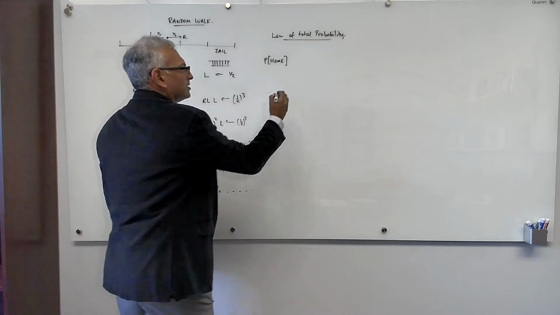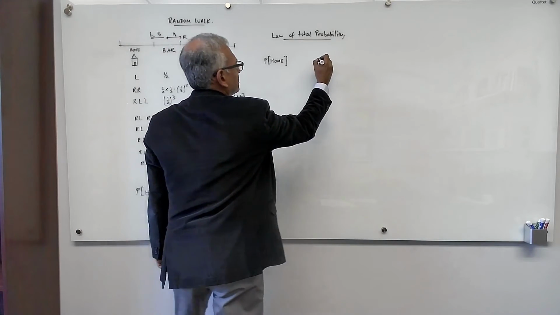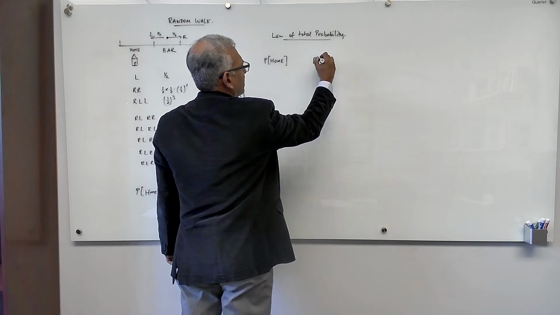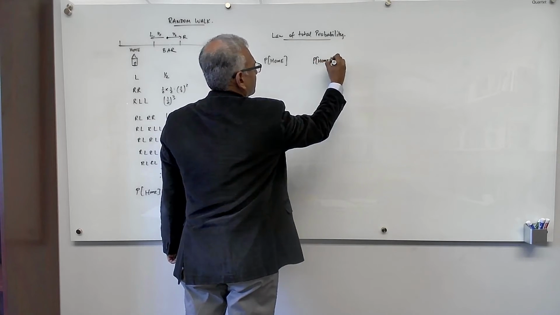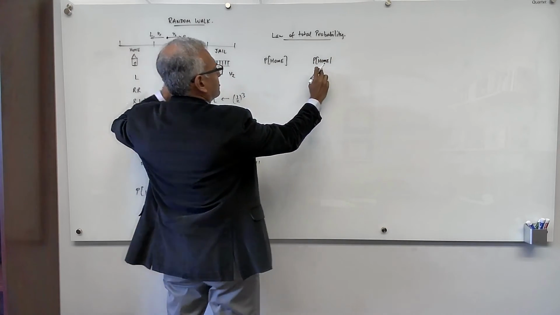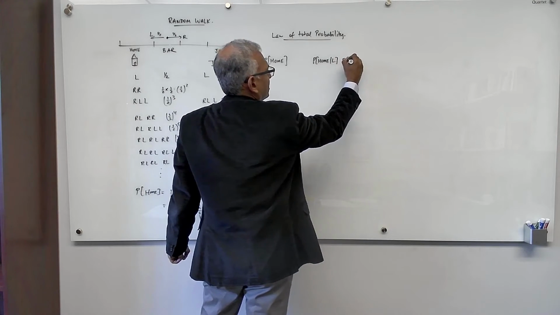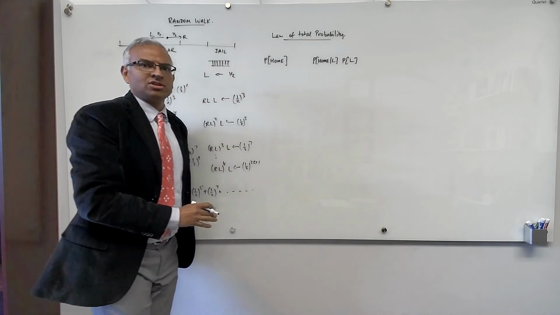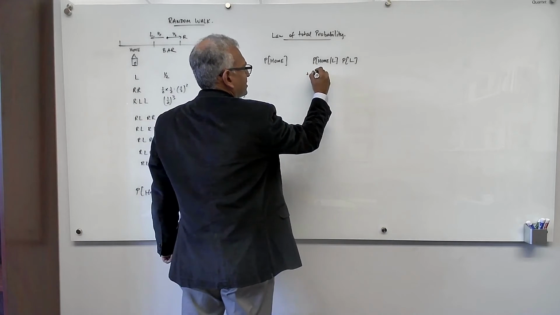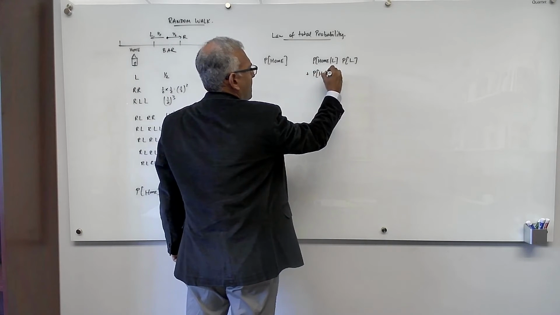There are 3 cases. Either he moves left, so it's the probability to make it home, given that he moves left, weighted by the probability to move left. So this is what the law of total probability says. Plus the probability to make it home,